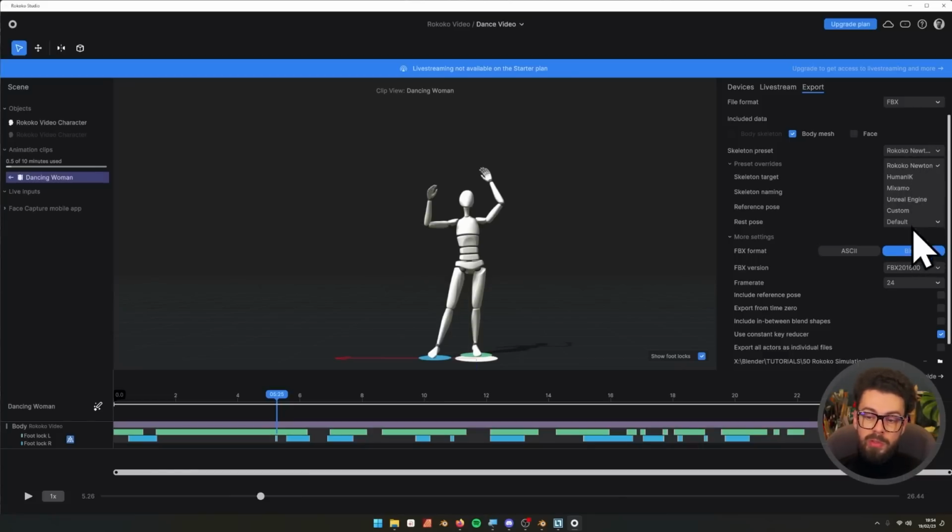However, if you want to use one of the others, that is fine as well. We're going to use Rokoko Newton because it's going to provide us with this model. So that is the skeleton target Newton model, and it's going to use the naming for that Newton model. And for our reference pose, this is like the start pose, and there's also a rest pose in here. We're actually not going to be exporting that reference pose, so make sure that the include reference pose is turned